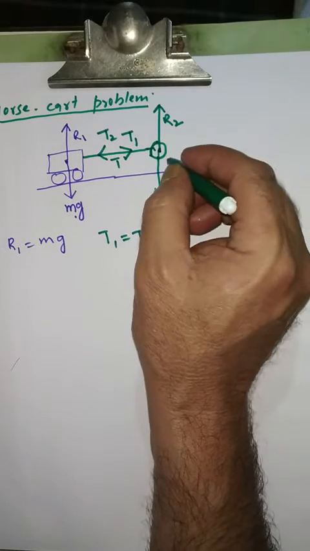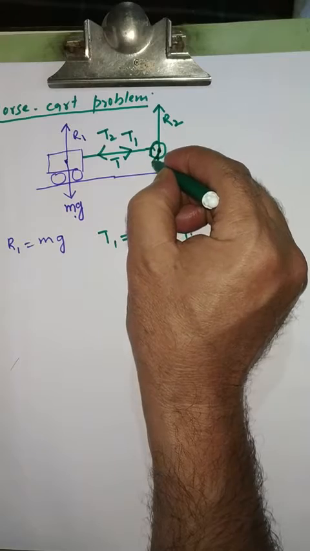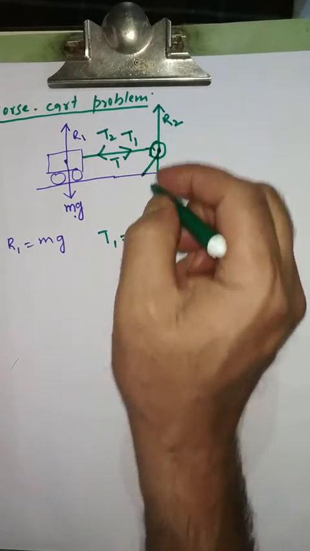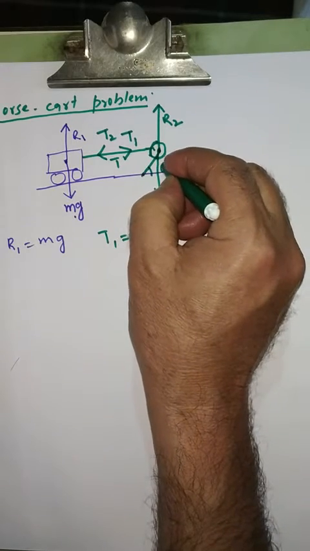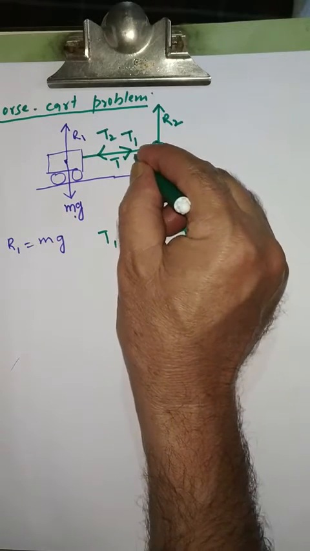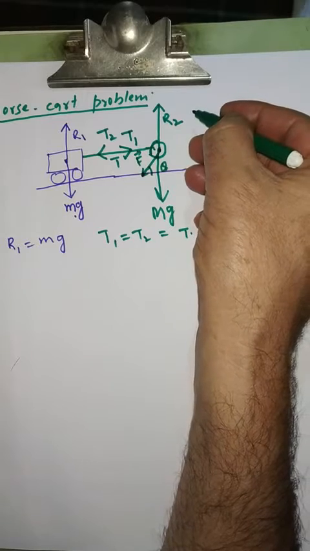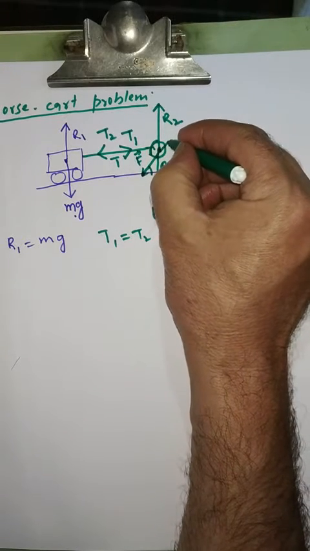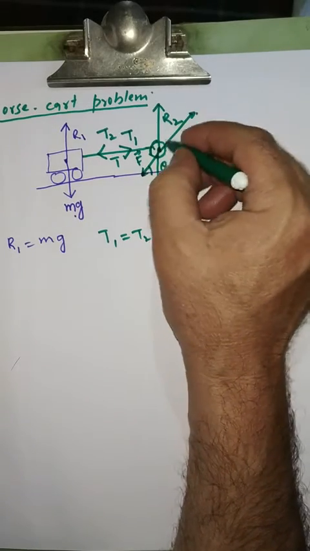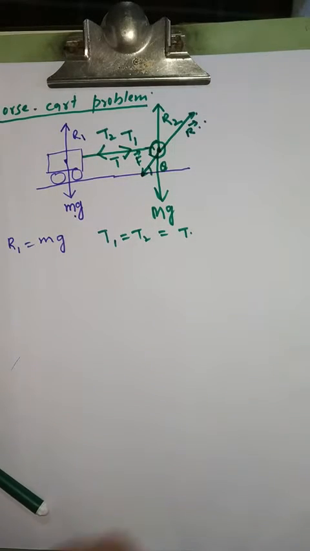Now, another thing the horse does, he pushes the road with his leg, making an angle theta. When he pushes, he applies a force, let us say F. Now at this point, there will be a reactionary force as per Newton's third law of motion. This will be in this direction. Let us say that is R. So to every action, there is equal and opposite reaction. So this is according to Newton's third law.